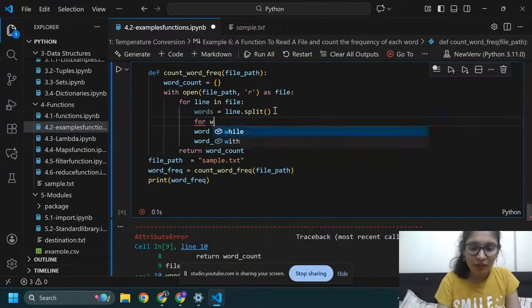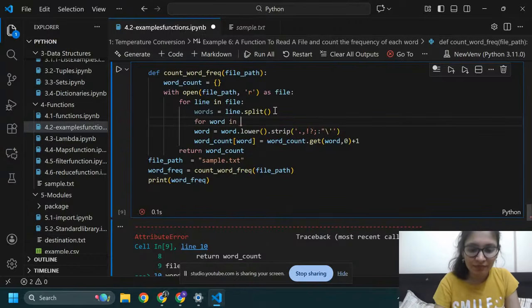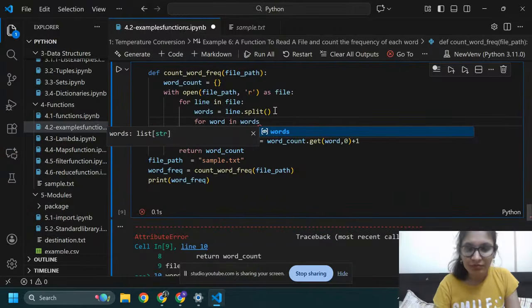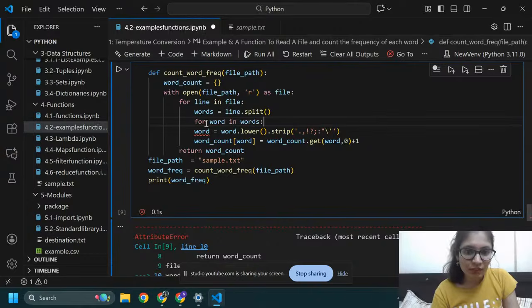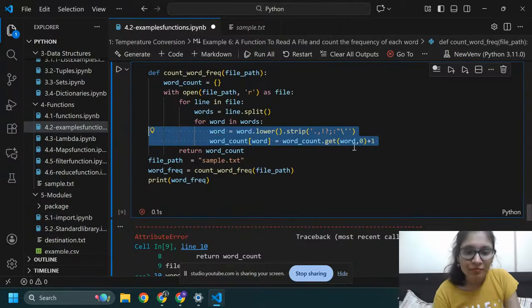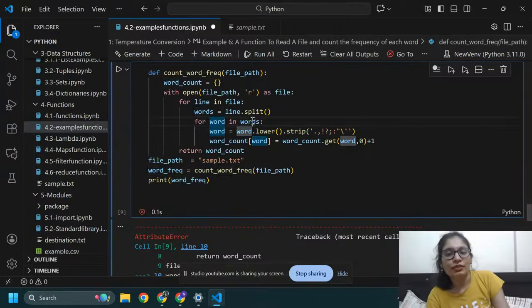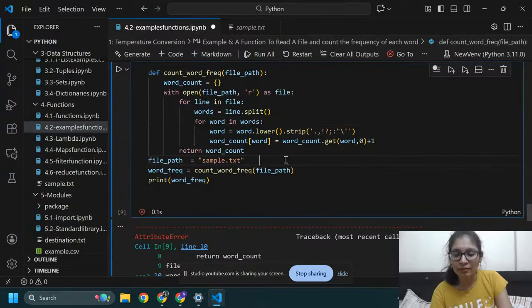For word in words, then word equals word.lower(), and remove the space, count the frequency and return the word count.